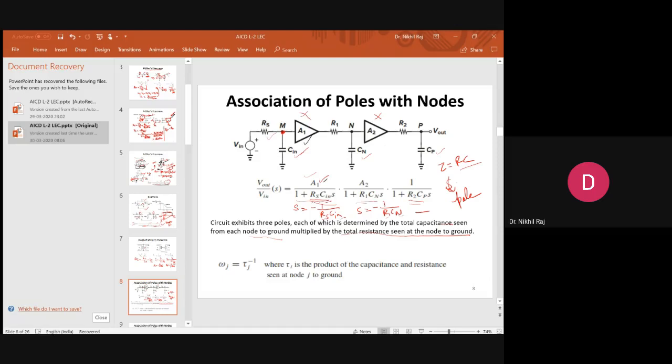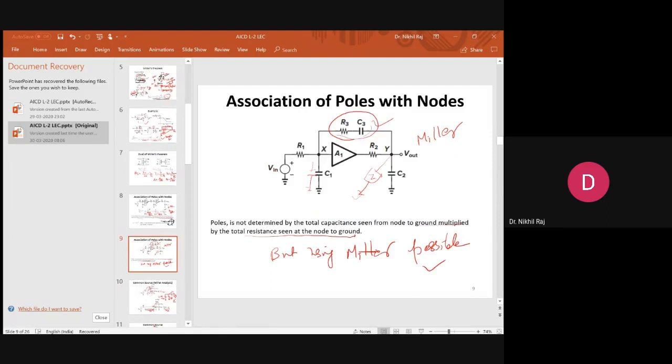If you see in all the three transfer functions, at the end we have no amplifier, so the gain is 1. In all the three transfer functions, the pole lies in the left half plane with the negative sign. This means all the locations are in the left half, which means my circuit is in a stable condition. If my pole moves to the right side, this means the circuit becomes unstable, and we need to provide some type of feedback such that the location of the pole moves to the left half plane. So the analysis is important. In this way we roughly predict the transfer function and then the location of poles.